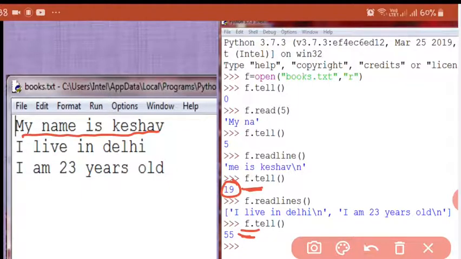You just count the total number of characters along with line change. You will see that you have a few extra characters when you determine the position of the file pointer as compared to the number of characters present in the file. The reason behind it will be told to you later.